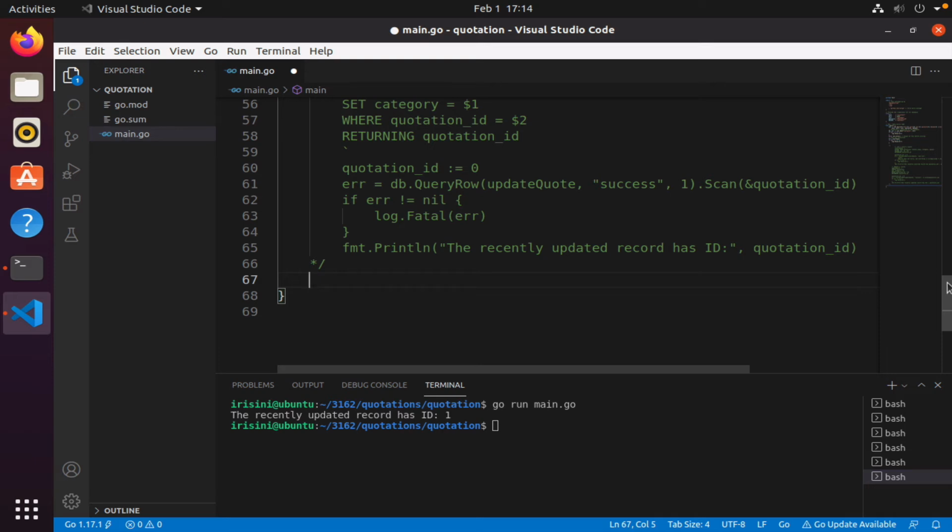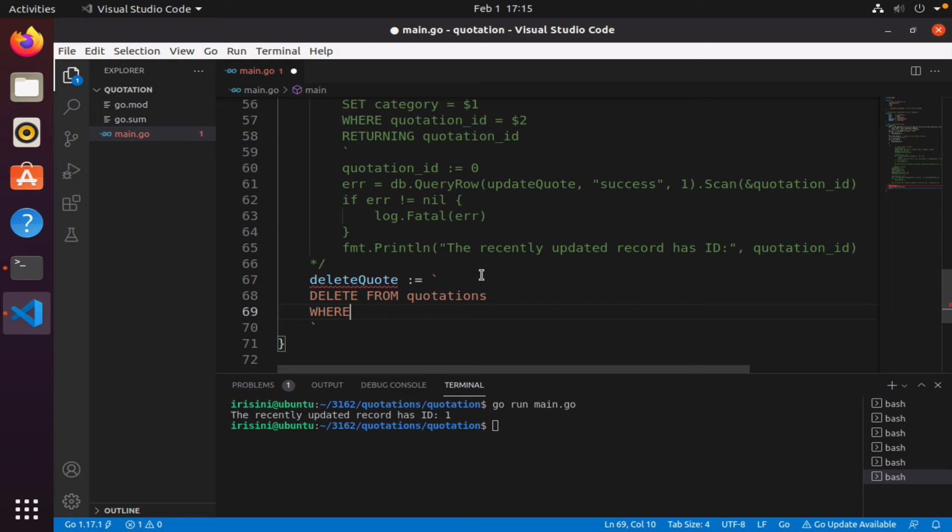All we have to do is create our statement or prepare our statement. So I'm going to say delete, quote, okay, will be some statement. And so I'm going to say, right, backticks. Okay, my statement is delete. Okay, delete what? We're going to delete from quotation table. Okay, so delete from quotations